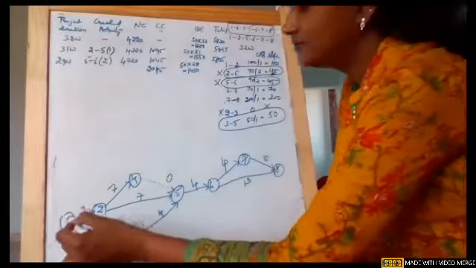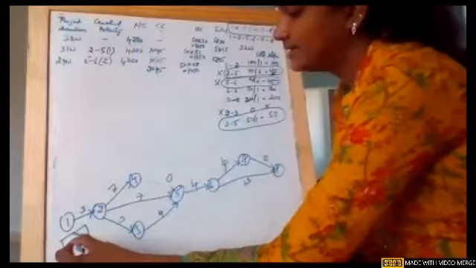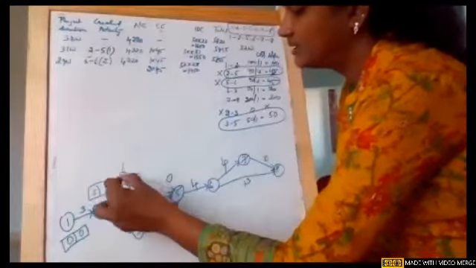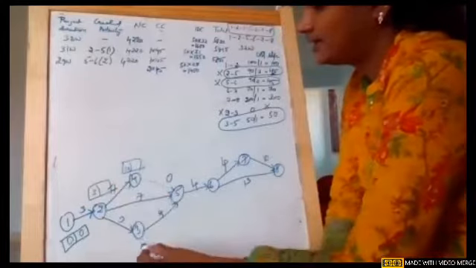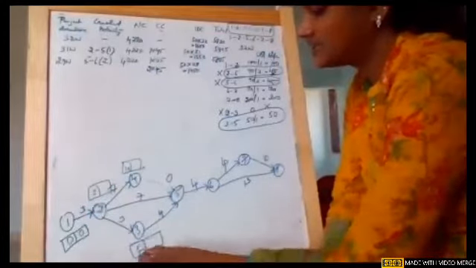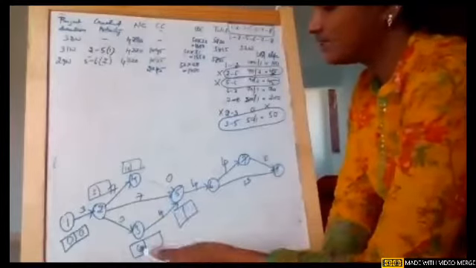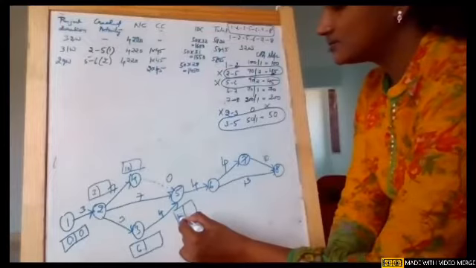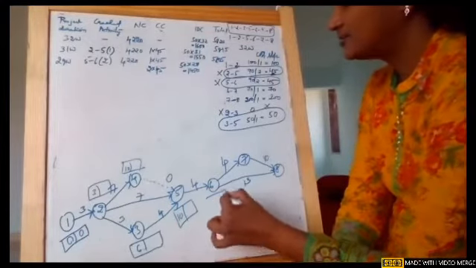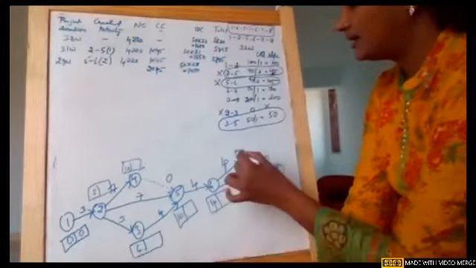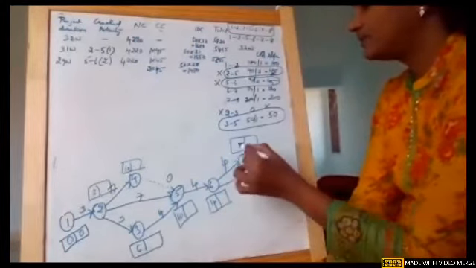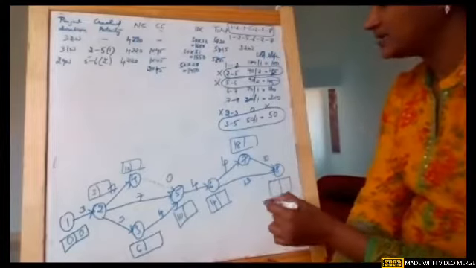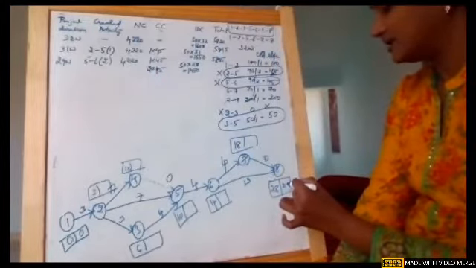Okay. So now if you see, again calculate earliest and latest time, 0 and 0. Near 2, it is 3. Near 4, it is 10. And near node 3, it is 3 plus 3, 6. Near node 5, it is, see the max, 6 plus 4, 10, 3 plus 7, 10, and 10 plus 0. So all are 10s. So 5 to 6, 10 plus 4, 14. And 6 to 7, 14 plus 4, 18. And 18 plus 10, 28. Or 14 plus 13, it is 27. So 28 is the maximum value.